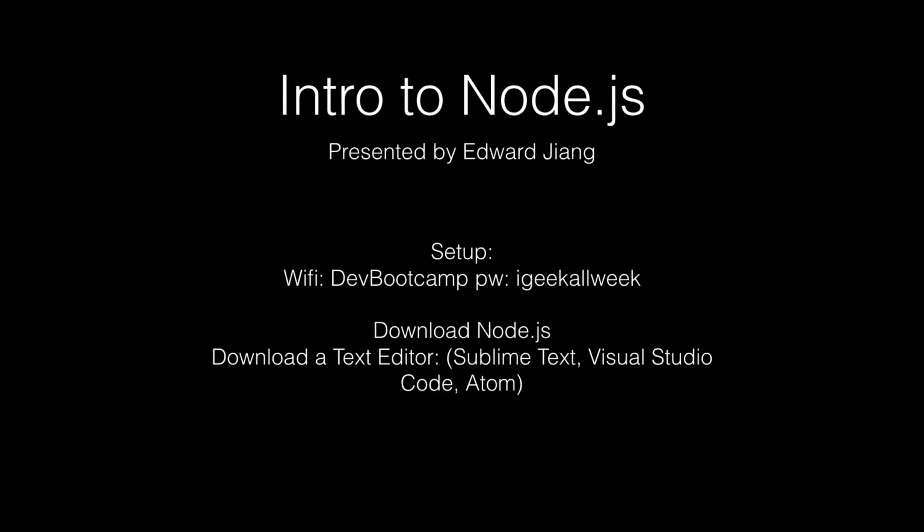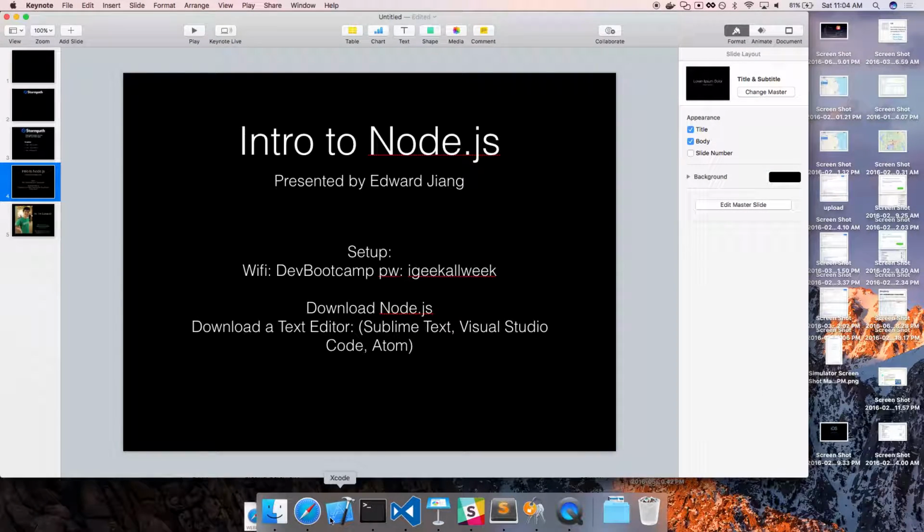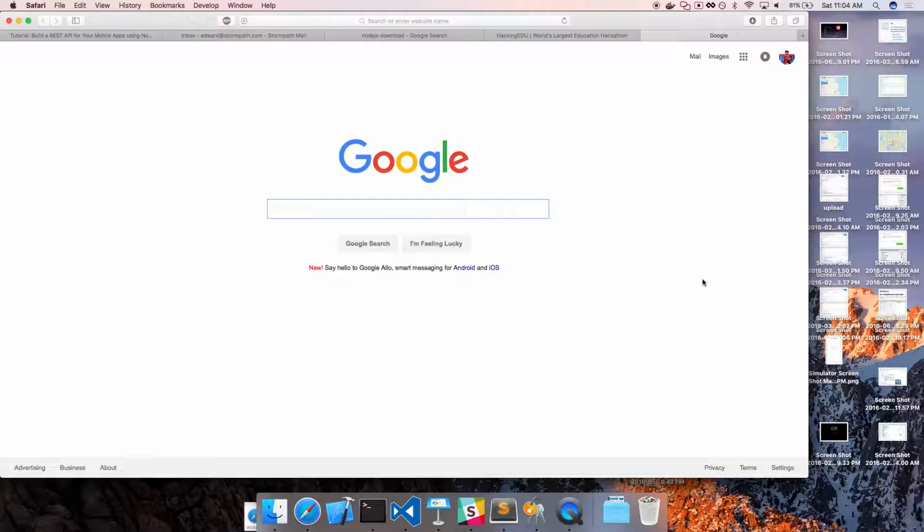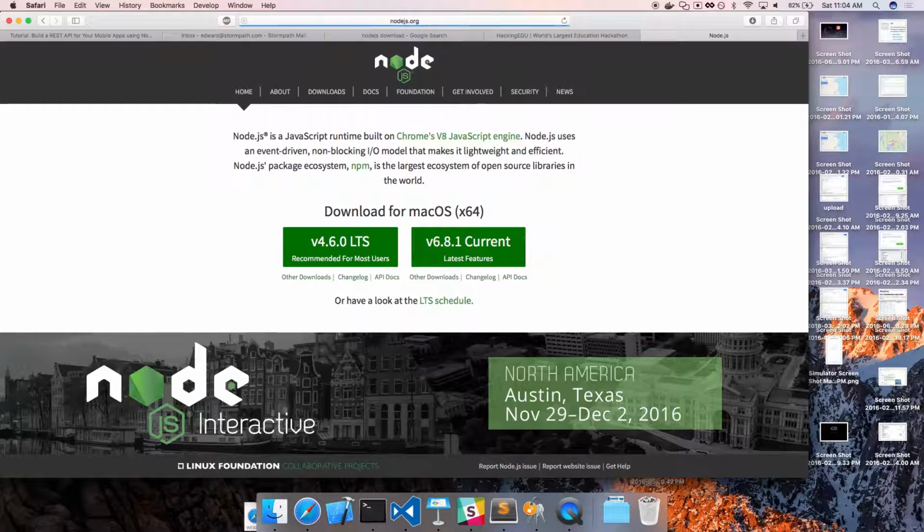All right, so let's get started. If you aren't familiar with Node.js already, Node.js is a runtime that allows you to use JavaScript as a server-side framework for building applications. So I'm sure you've just visited nodejs.org, gotten it downloaded, and are familiar with the JavaScript